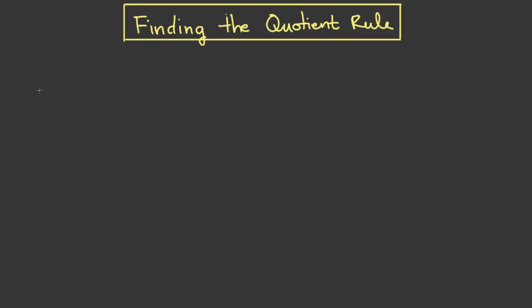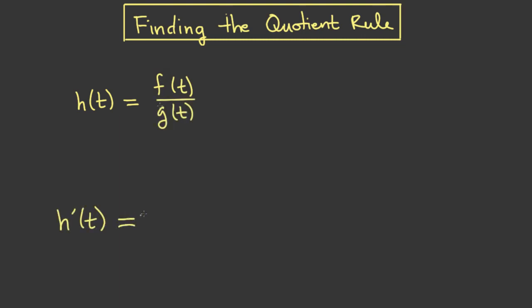So we're considering an example where we're letting the function h of t be a quotient of two functions. It's a quotient f of t divided by g of t. And we're interested in finding the derivative h prime of t. It's going to take a little while to figure out what this is, but we've already figured out what it